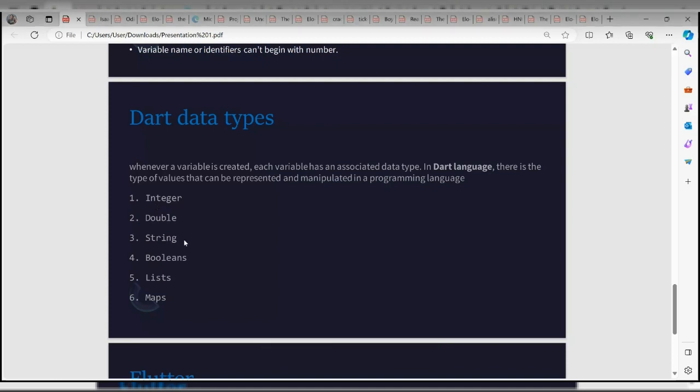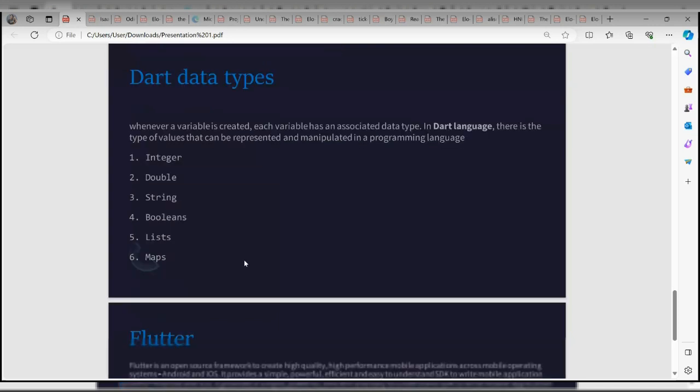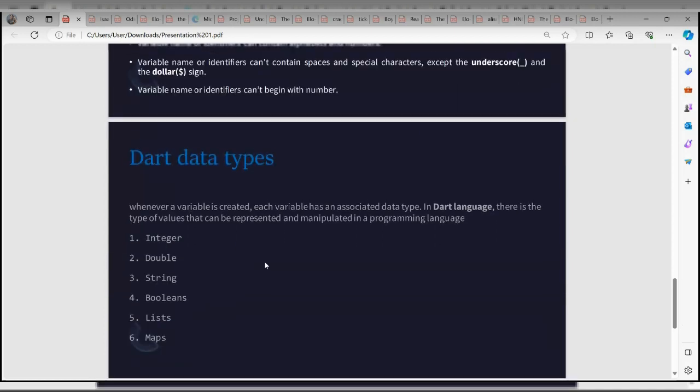Okay, so we have strings. So strings are basically any character you enclose in quotes, in quotation marks. So when we start doing some practical, you see what I'm talking about. With strings you can have numbers, characters, anything, as long as they're enclosed in quotation marks. So they are strings. Let me type an example here.